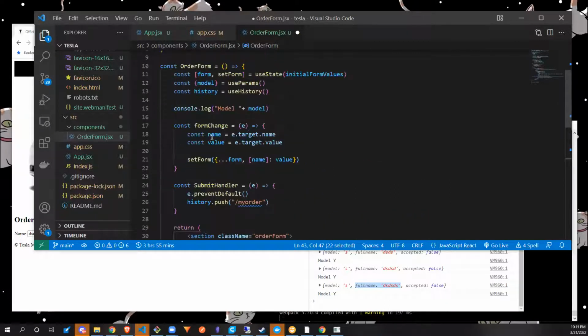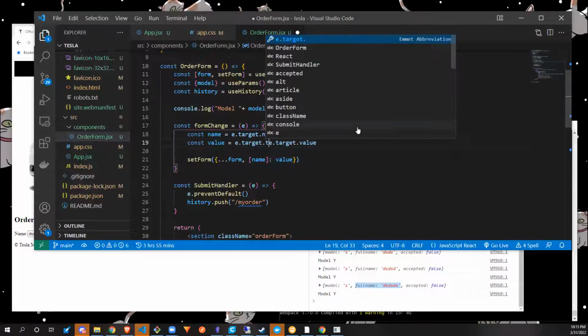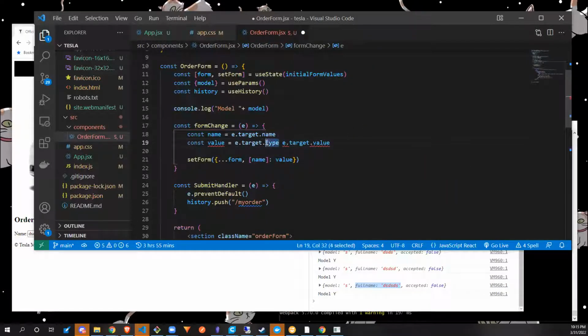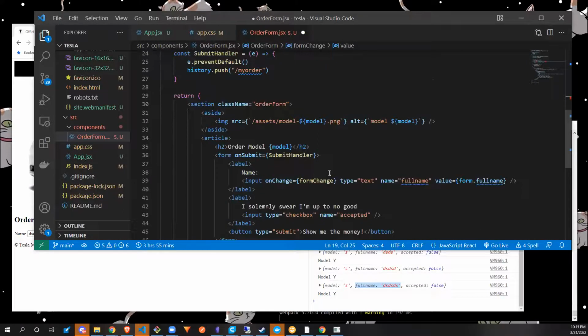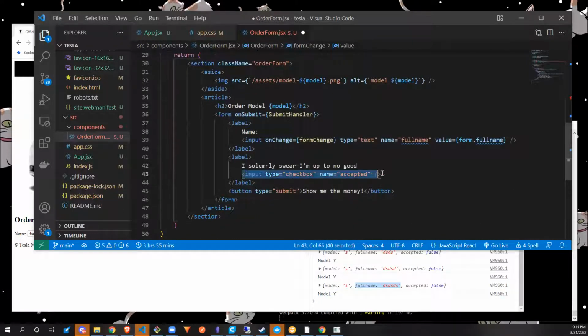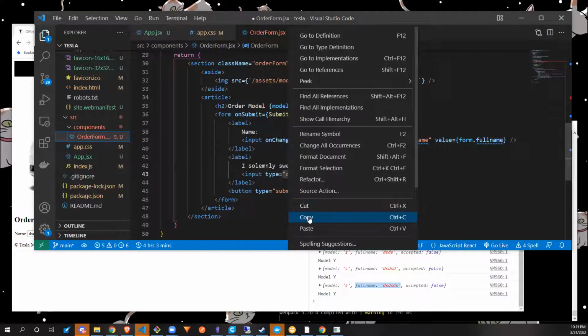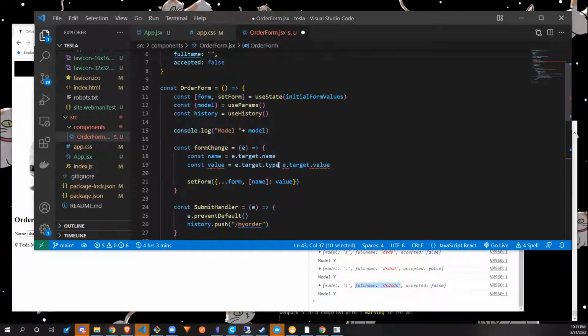Let's see here. Yeah. So what we're going to do is e.target.type. Notice how we have our e.target, which is this input element, and .type is this field right here. So if this field exactly equals checkbox,